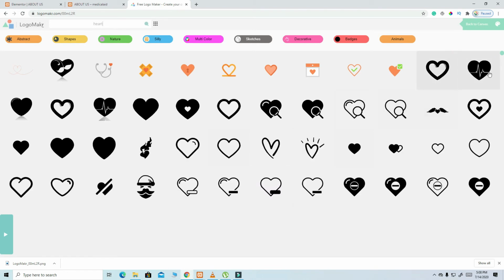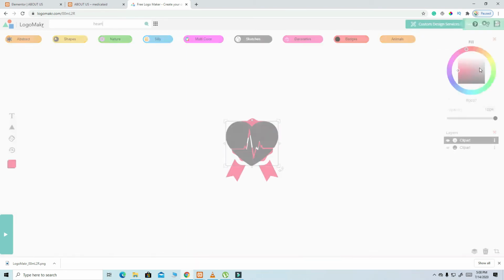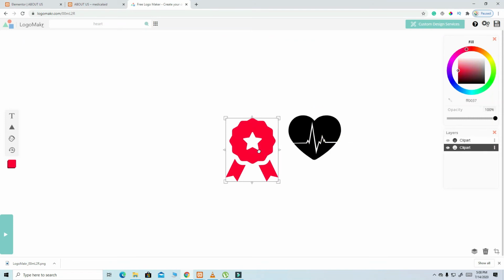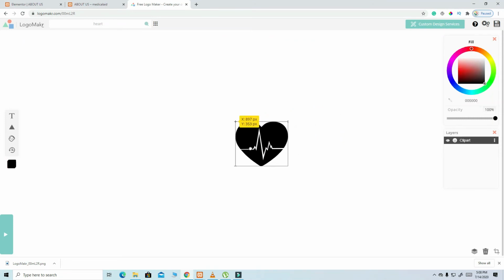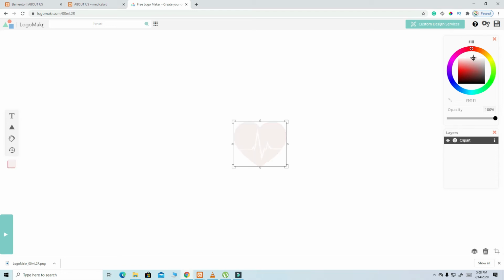This is the art we are looking, so I'll click on this, delete this one, and then now this one I'm going to make a white color, like so. Then I'll download it,